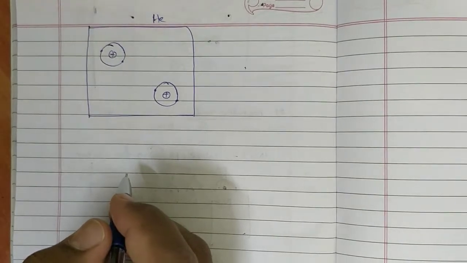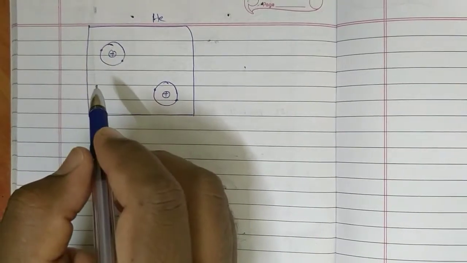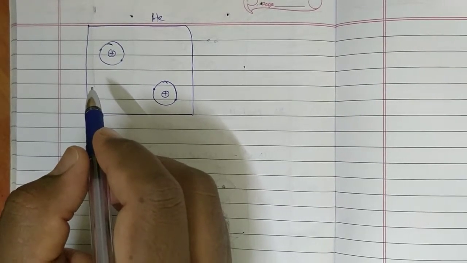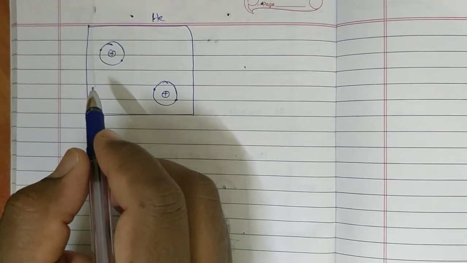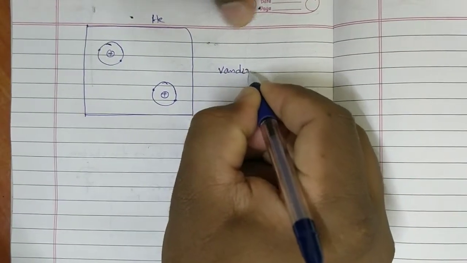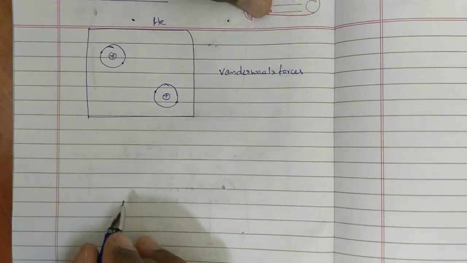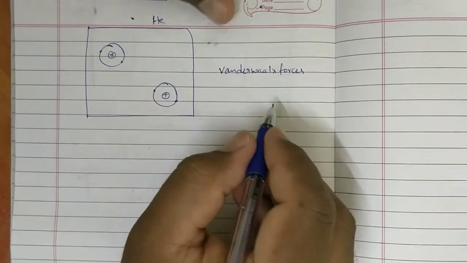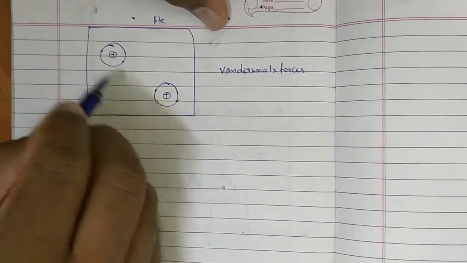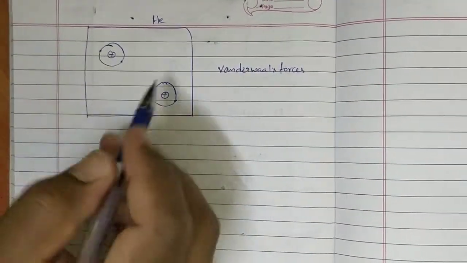Any gas contains atoms which are moving in random directions. They are not in a fixed position. Continuously, the gaseous state atoms are moving from one place to another place. That is because of van der Waals forces. So because of those van der Waals forces, these two atoms are approaching each other. They are not involved in a bond. Okay, now these two atoms are approaching each other.